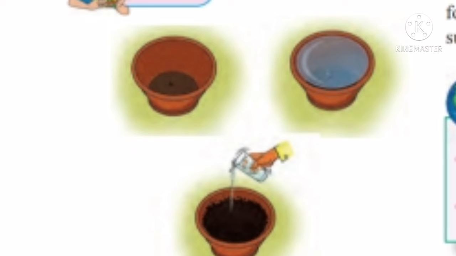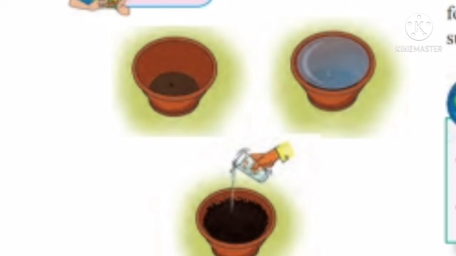Take 3 flower pots of same size as shown in this picture. Keep one pot empty. Second pot, fill it up with water, after closing the small opening at the bottom of it. And the third pot you fill with soil. Put a few seeds in all of them. You can use any seeds of peas, gram, fenugreek, wheat, green gram, coriander seeds, etc.